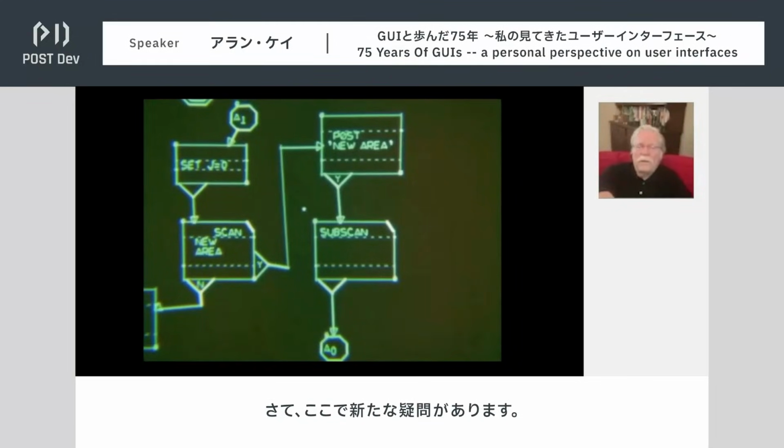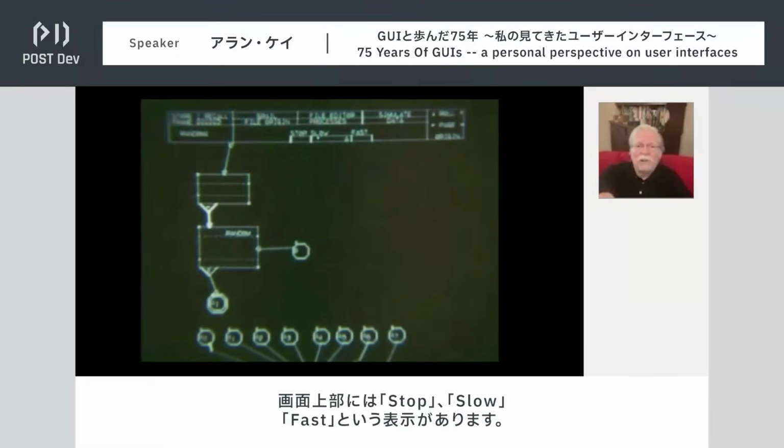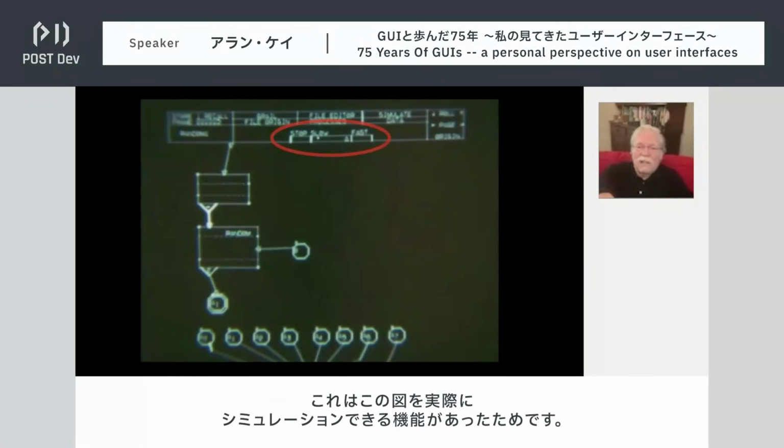And there you go. Now, again, we should ask the question, is he just imitating paper here? Is this just expensive paper? And if you look at the top of the screen, you'll see the words stop, slow, and fast. And this is because these diagrams could actually be simulated.